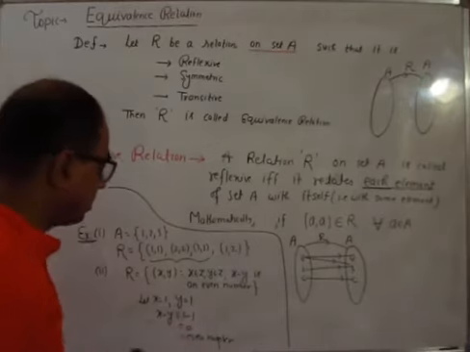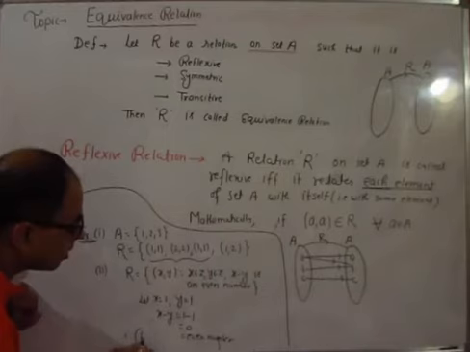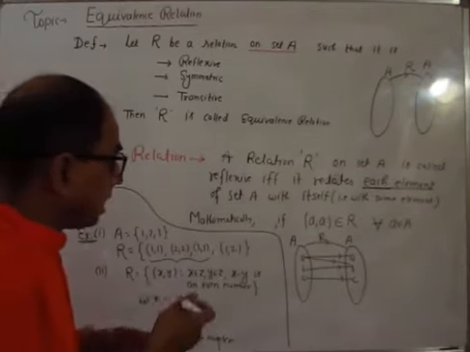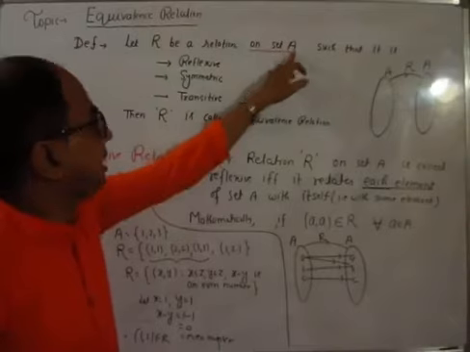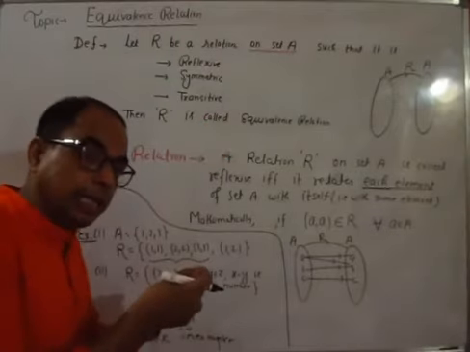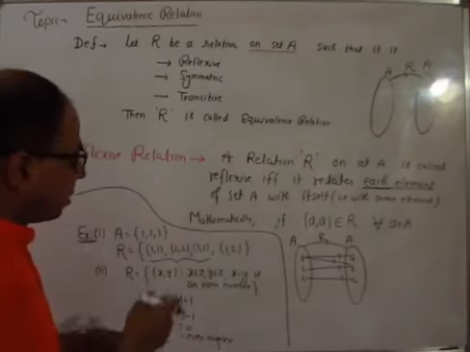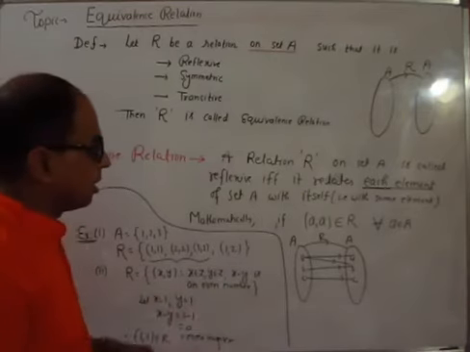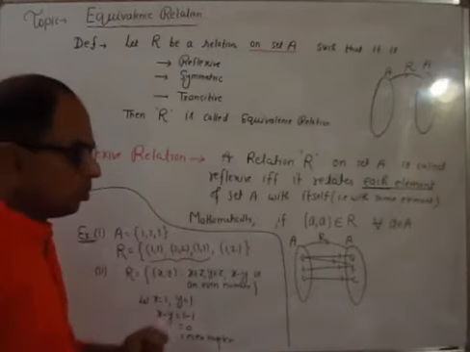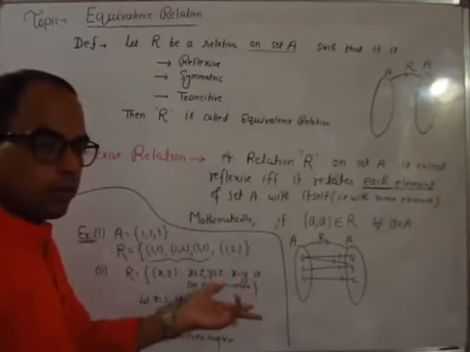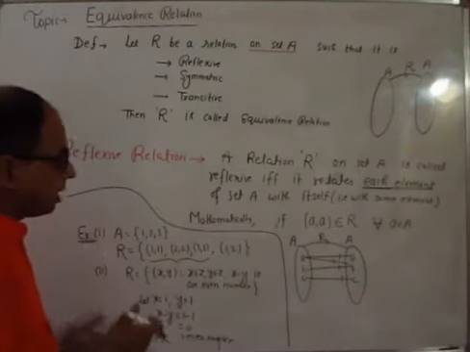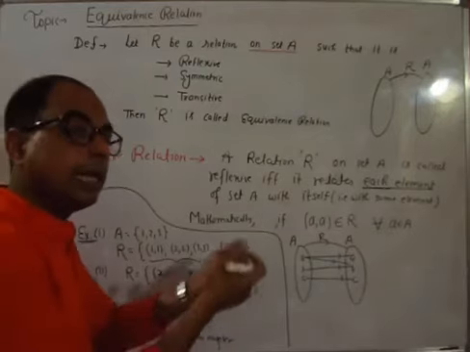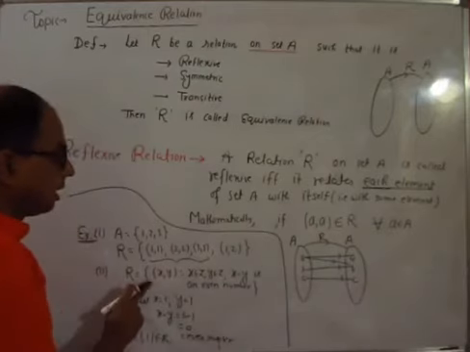So we can say that (1, 1) belongs to R. That means 1 is related to 1. Similarly, each integer, here the set A is the integers, so each integer must be related with itself. We can check another integer also. Suppose I take integer 2. So 2 minus 2 is 0, that is an even number. So 2 is also related with 2. 3 is also related with 3. In this way we can say that each integer is related with itself, and that's why this relation is reflexive.